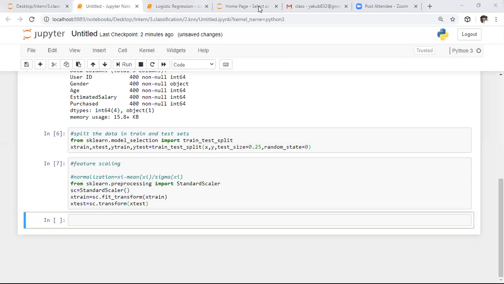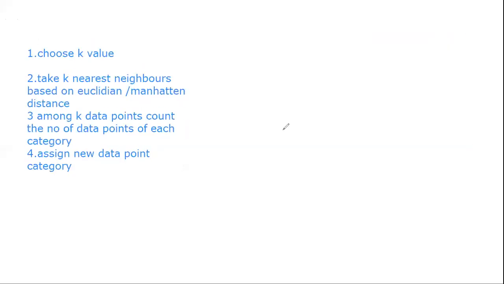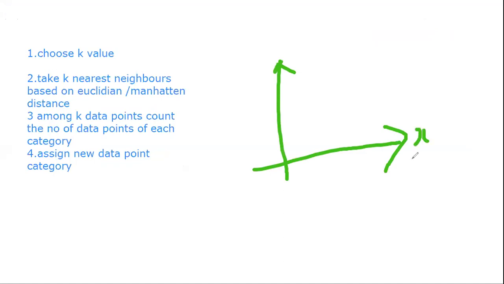So we will see about feature scaling. Let us assume here we have the x-axis and the y-axis, and we are calculating the distance between two points by using the Euclidean distance measure. On the x-axis we have position, and on the y-axis let us assume we have salary.